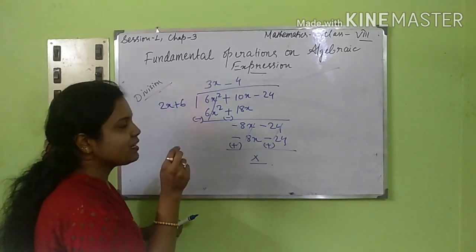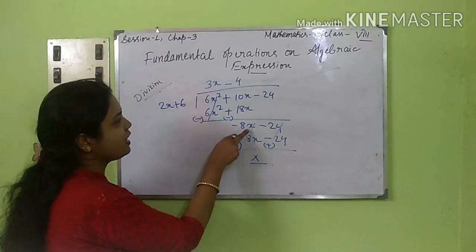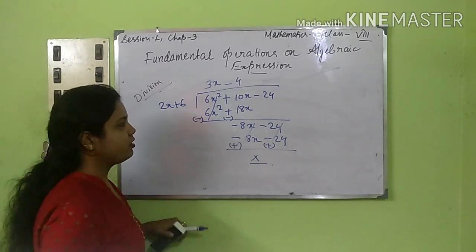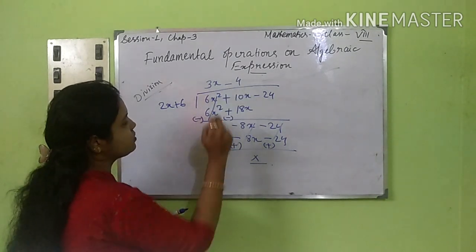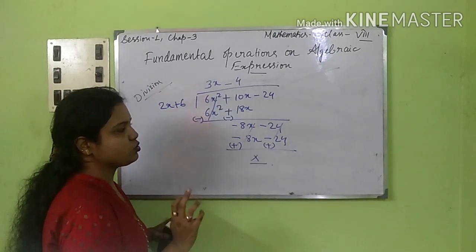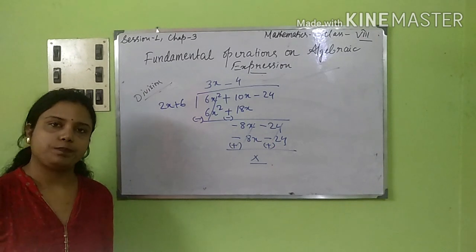That means a minus sign has to be multiplied, and it should be multiplied by 4, because here the x variable is the same, the powers of x are the same, right? So we are multiplying just minus 4 to it. So 2x into minus 4 will give you minus 8x, and plus 6 into minus 4 is giving you minus 24. Change the sign and you will get the remainder as 0.